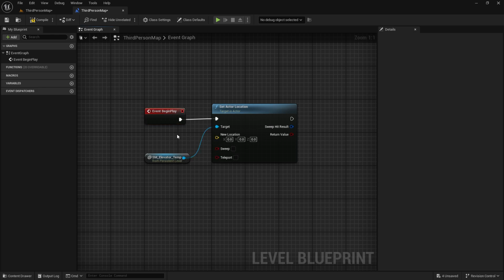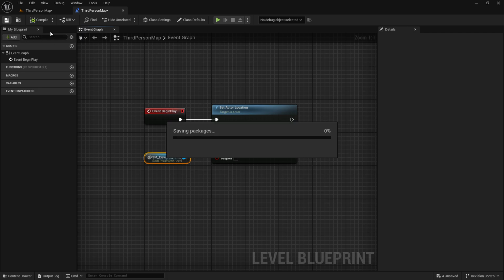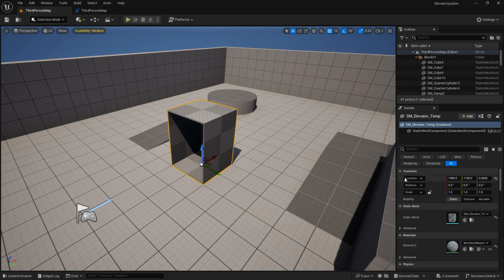Now if you connect this, we tell Unreal Engine that at the beginning of the play, what is play? Playing is this one, play this level. If we click this, at the beginning of the play, set elevator temp measures location to 0, 0, 0. In the beginning of the play, set this actor's location to 0, 0, 0. If we compile and save, you can see that our location is